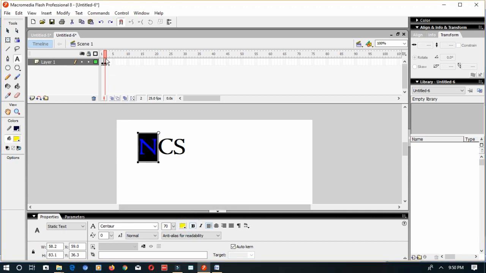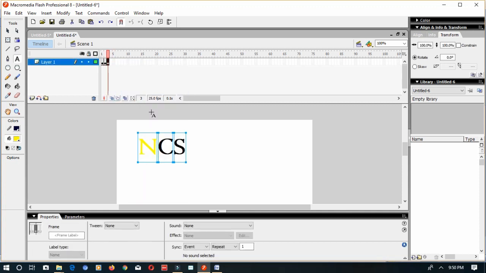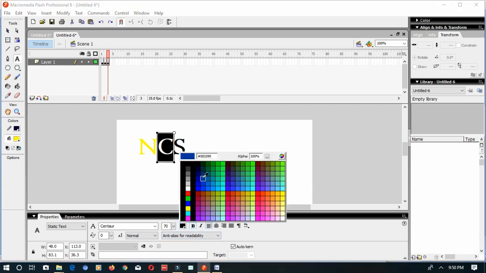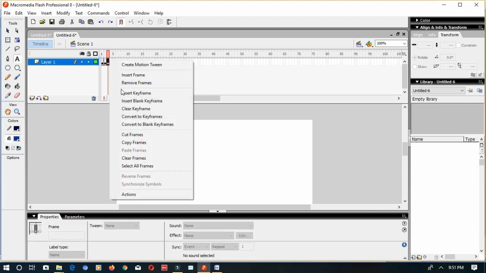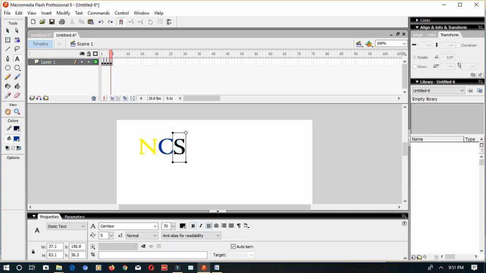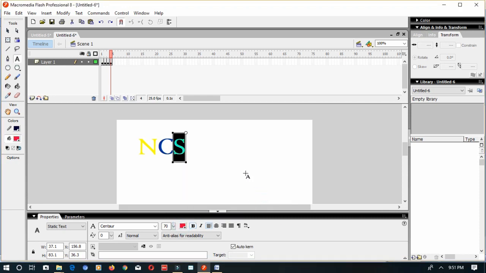Again, go back to the second frame, right click and say insert keyframe. Now go to the second letter and change its color. Now again go to the third frame and insert keyframe. Now change the third letter color. Any of the color whichever you feel like. Now I've changed the color.